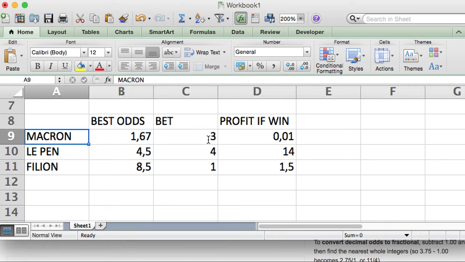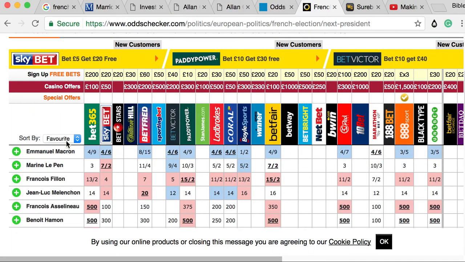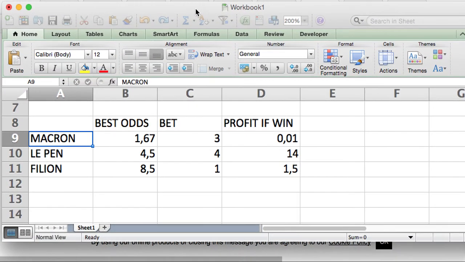And then you can tweak it to see which candidate you want to favor. But the idea is that you then come to the bookmakers, and you need to make your bets on the different houses. So for Le Pen, you'll be going with Sky Bet. Macron, you will be going with all these ones here. What's that? Coral. The ones that are bold. And Fillon, you want to also go with the ones where he's bold. So you're going to be making these bets across different gambling houses. And because they all have different views on the election, this is how you can get a guaranteed profit.